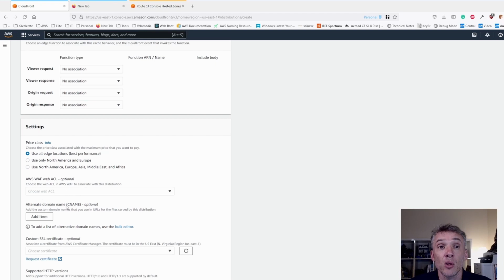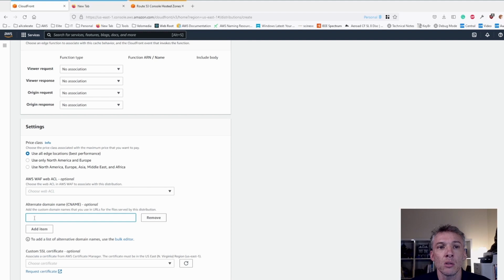Then we have here something called alternate domain names. And what we want to do is, when CloudFront generates a distribution, it'll generate a domain name on the AWS side with some random key. But we actually want to use our own domain name. And so in here, we want to put the same domain name as what we used when we generated the SSL certificate. So we click here on add item, and I'm just going to put here